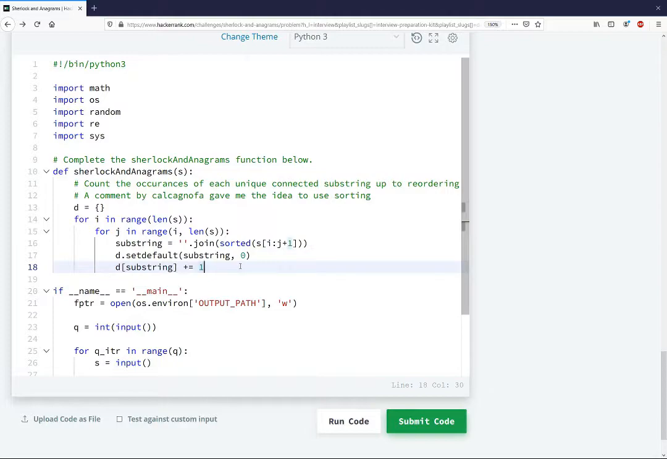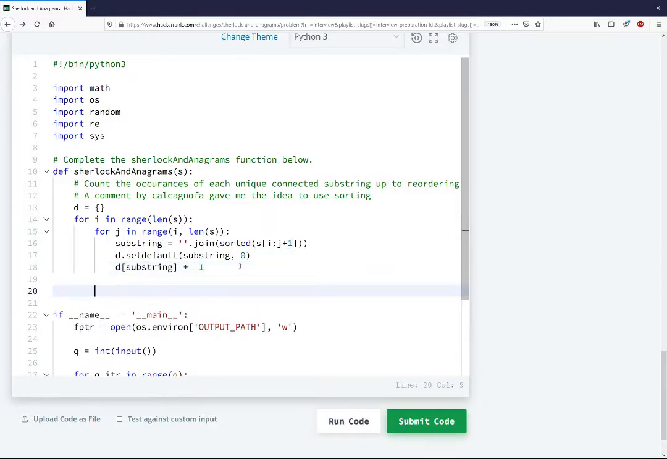All right, so now we have a dictionary that goes through all of the different connected substrings and counts the number of times that they appear sorted. And the sorting makes sure that you account for the anagrams. And so that's how we get our dictionary, and then we can just use this dictionary to count the number of